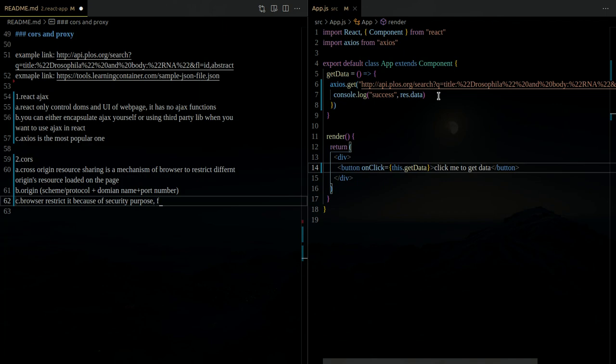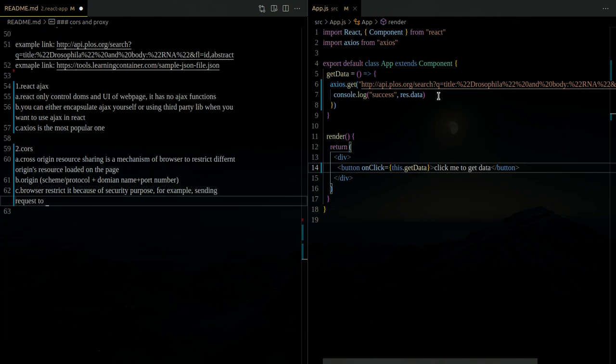For example, in this case, for an Ajax action, for example, sending requests to a remote server or a different origin will attach cookies on it,